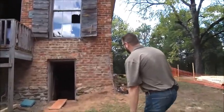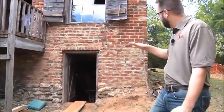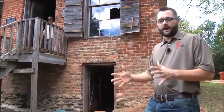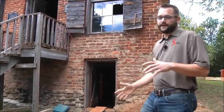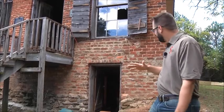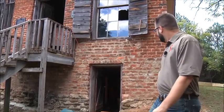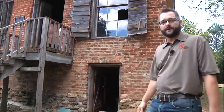Here's the entry to the cellar or the crawl space. One thing that had been done previously in here is the old pine beams that were here originally had rotted out or burned in the fire, and they had gone back with concrete block or concrete masonry units to support the underside. So we're excavating everything out and putting in old rough sawn heart pine beams to support the first floor joist, and we're going to put a vapor barrier down to protect any moisture from getting into the cellar,